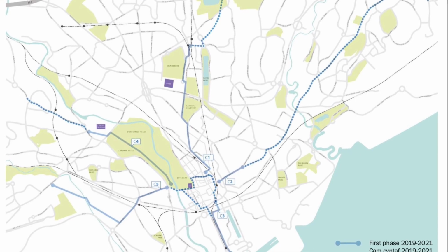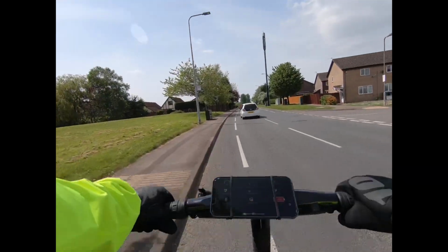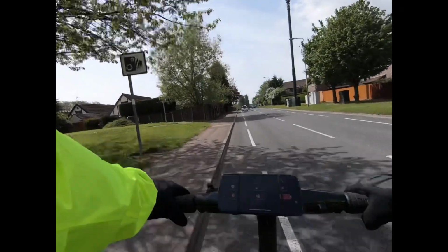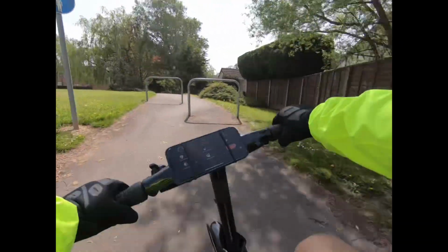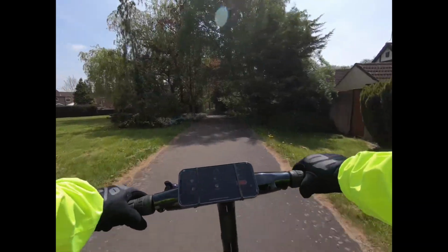So you're going to join me now. This is my typical route into central Cardiff, where you have to share the road with other vehicles, with these little narrow cycle lanes that aren't the safest. So I often take the chance to take a little detour along these little